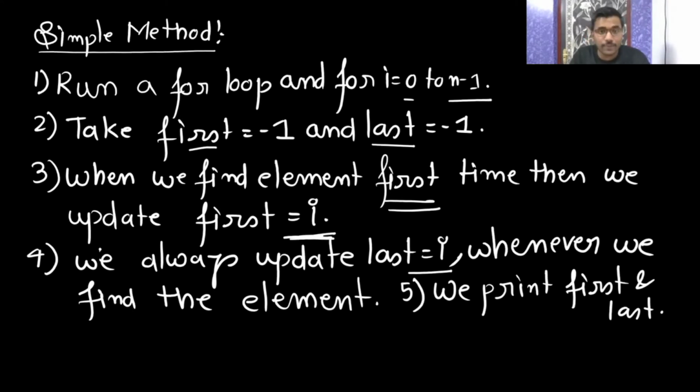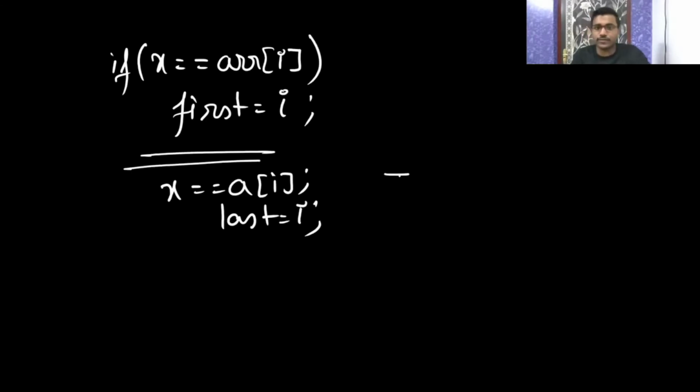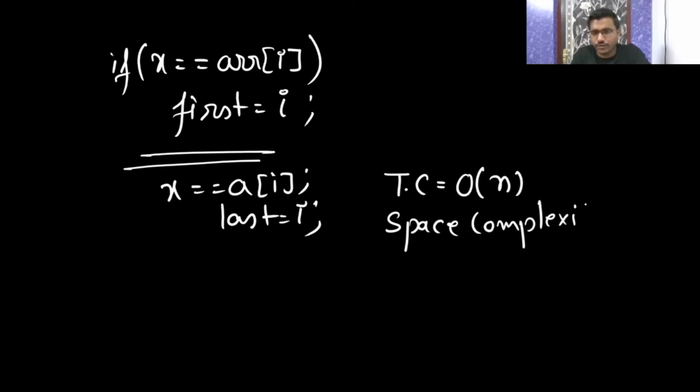So what is going to be the time complexity and space complexity? If you tell me, I will even take some example and execute. If anyone has doubt, you can tell me. I will take an array, then execute that. Time complexity is going to be big O of n minus 1, which is big O of n only, and space complexity is going to be big O of 1, because only constants are required for first and last. Is it clear? Anyone still having any doubt?